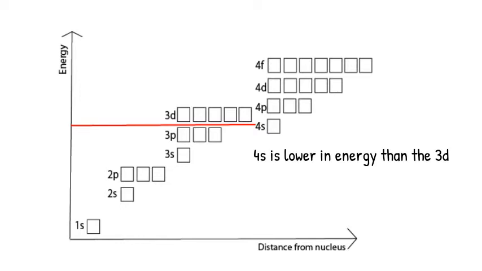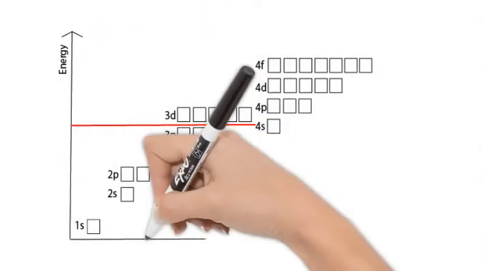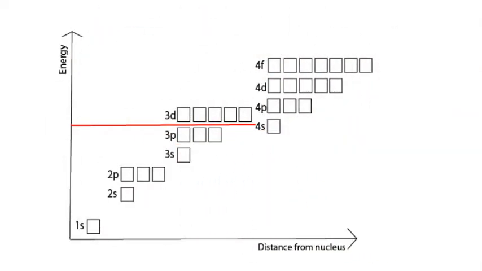So that's why we tell you to stop at GCSE. So we get to the 4s, and then we say go no further, because actually what we need to do is go back and fill up these other sub-energy levels in the 3d, that we didn't know about before. Okay, so if we were doing this for calcium, for example,